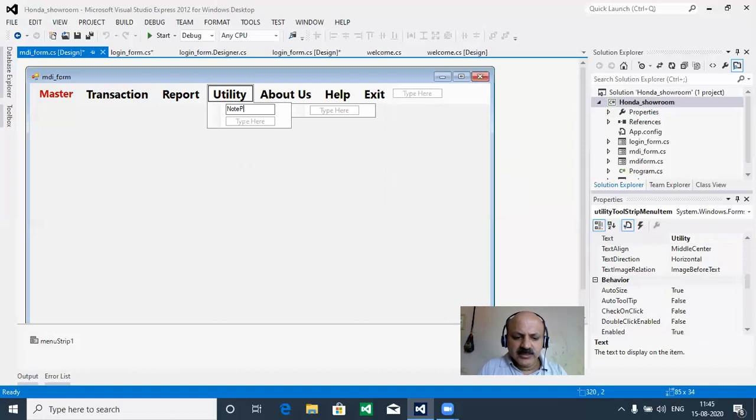So we can say notepad, yes, and some calculator, so we have to do some calculation, so we can say calculator is required. And then on our login page, we can change password if we provide this facility.